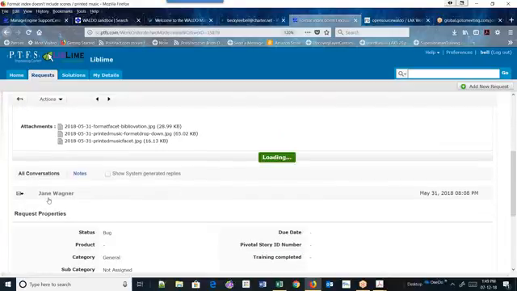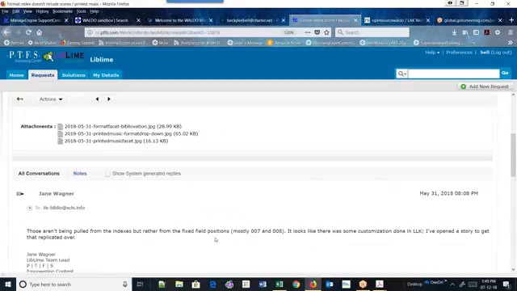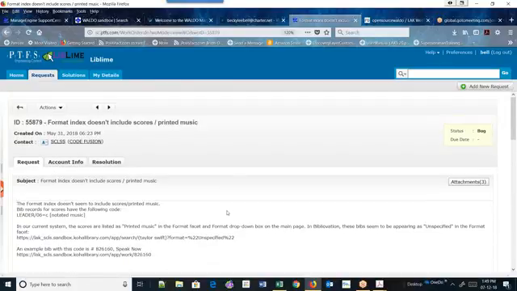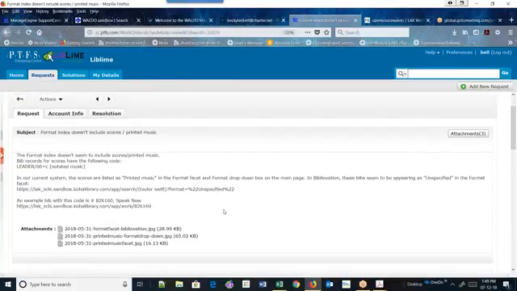And what Jane says in this one is that they aren't being pulled from the indexes rather than the fixed field. That's what they had done in LLK, is that they had a special coding in there where they identified them in the